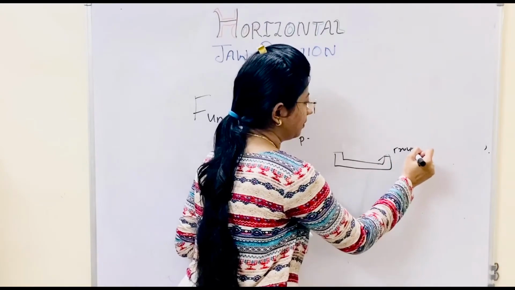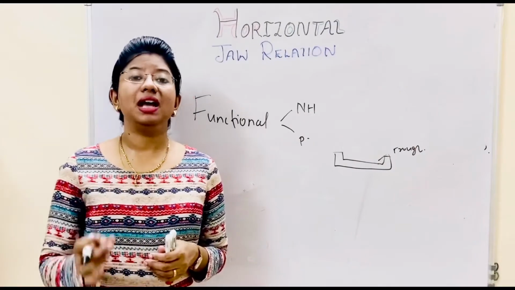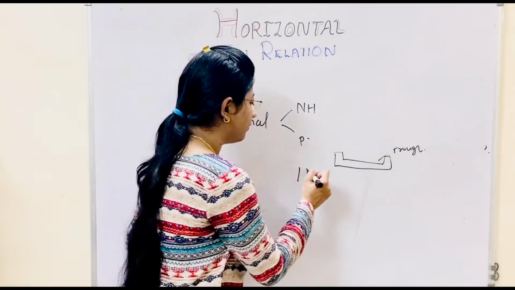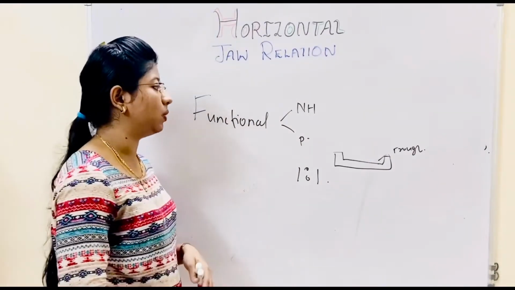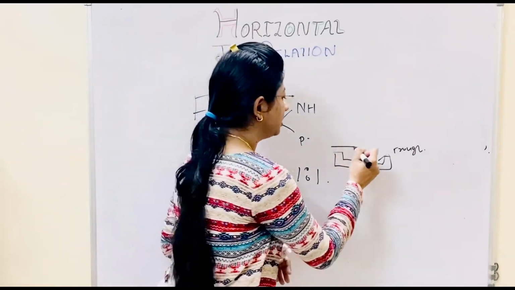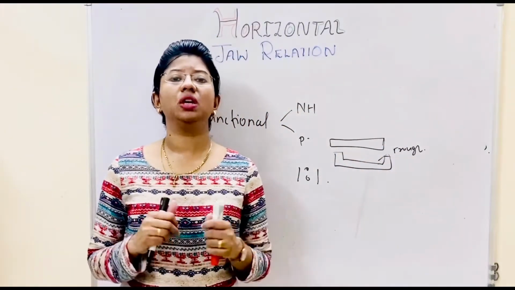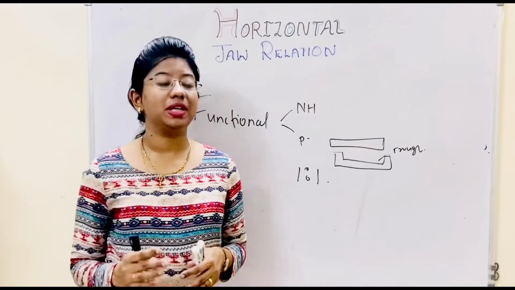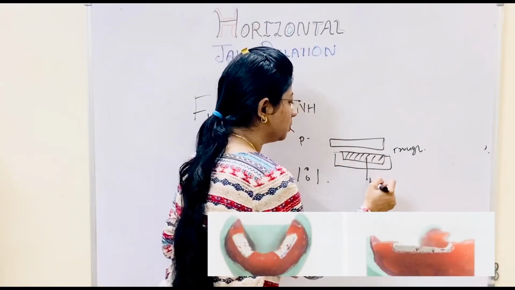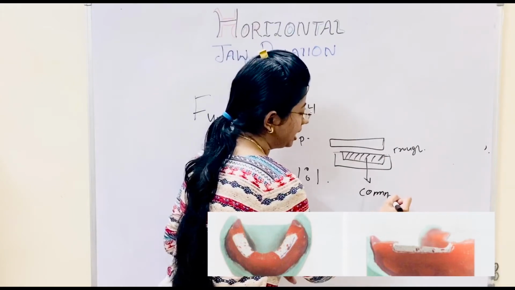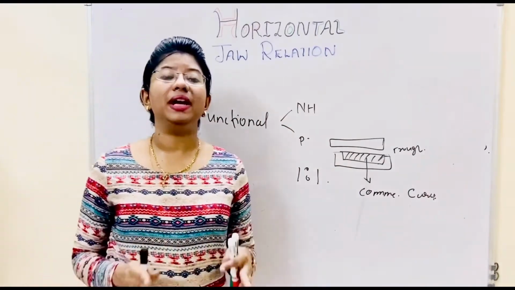So there is a trough, and what we do is mix the corundum paste plus the plaster in the ratio of 1:1, or you can say the pumice to plaster ratio is 1:1. We mix it, okay, and this is the maxillary rim, and we ask the patient to do all the functional movements. While doing the functional movements, we have placed this ratio of the plaster as well as the pumice. There is recording of the compensating curves because of the movement during function.